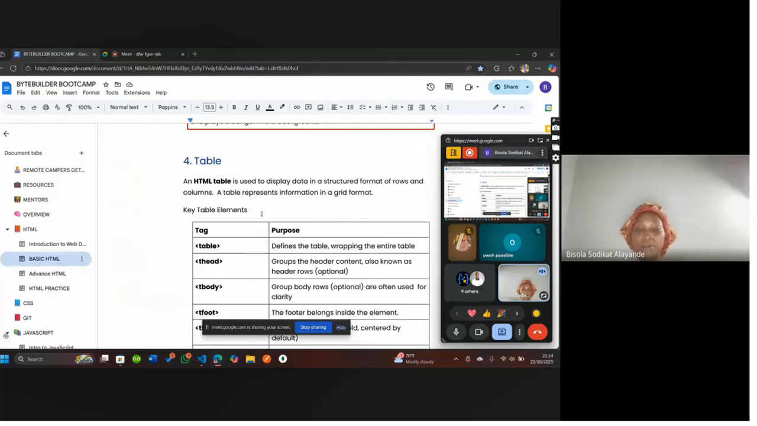An HTML table is used to display data in a structured format of rows and columns. We all know what a table is. It always contains rows and columns. So an HTML table displays data in rows and columns, or you can also call it grid format in web development. We call rows and columns a grid in web development. So there are key